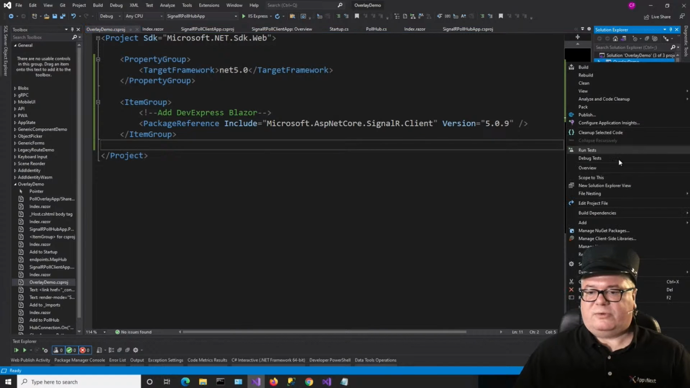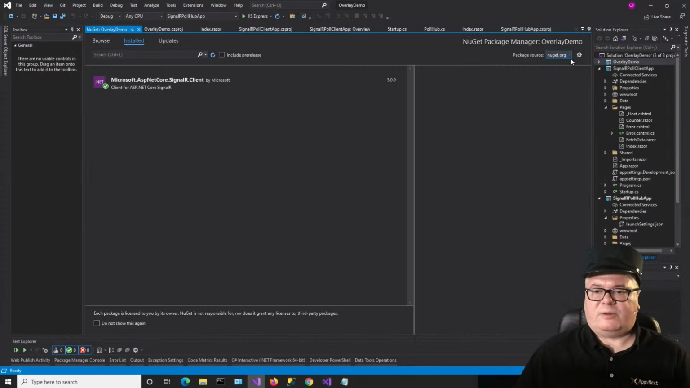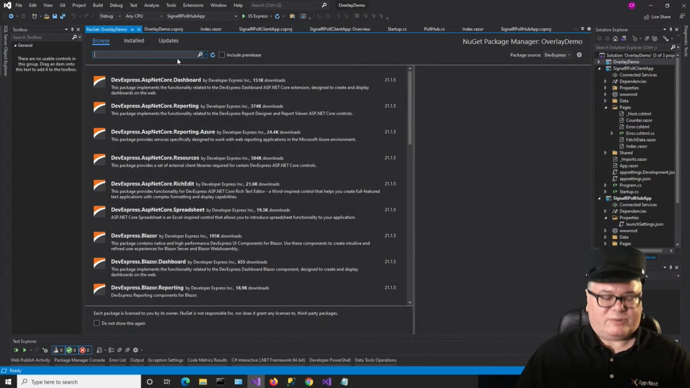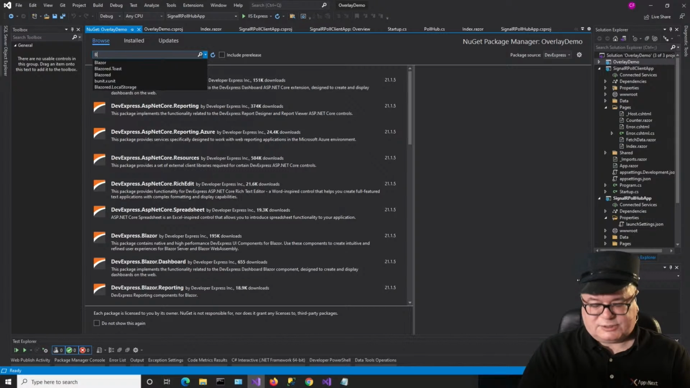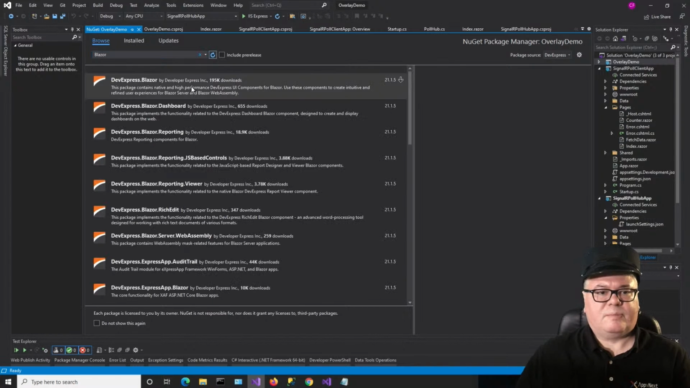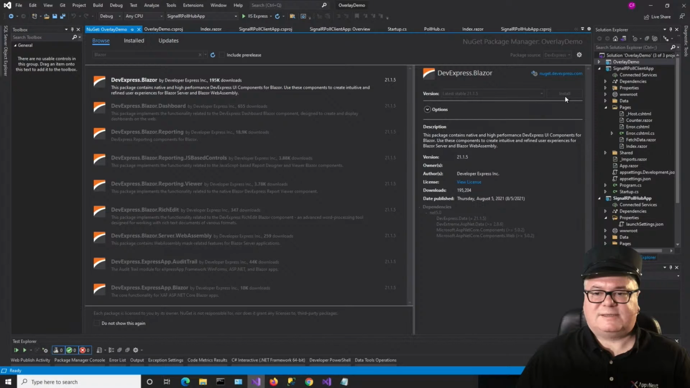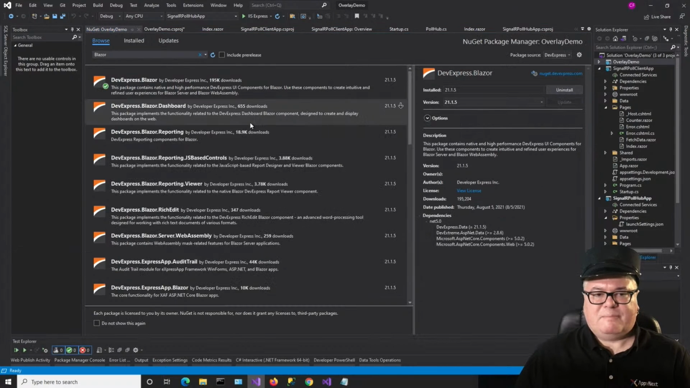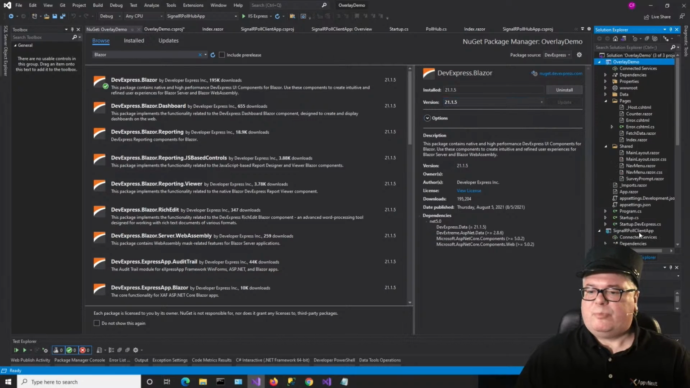Well, we go to Manage NuGet Packages, and we're going to select DevExpress and browse. And of course, you have to have a DevExpress license for this, but we're going to just search for Blazor. DevExpress Blazor right there. We'll install that. And I always go through the NuGet package manager for this, because if you take a look, we've added this